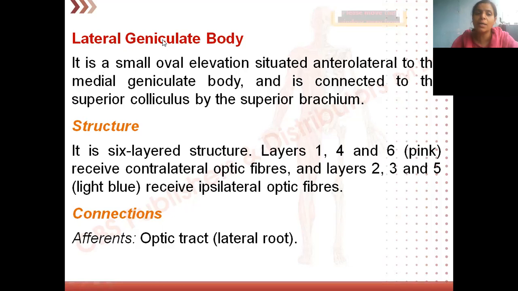Then I told you the superior brachium connects to the lateral geniculate body. The midbrain will have those connections. So a 6-layered structure, just now I have shown you, pink and blue. Contralateral means opposite side, ipsilateral means same side. Layers 1, 4, 6 are nasal fibers which are coming from the opposite side, and 2, 3, 5 are temporal fibers which are coming from the same side. Okay, so connections, we have optic tract,